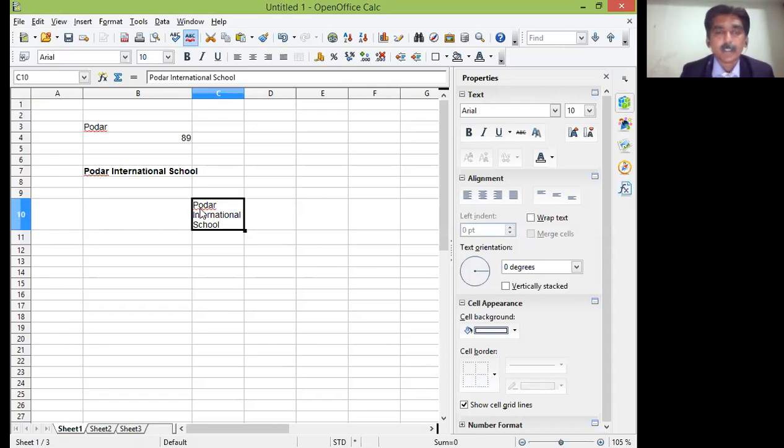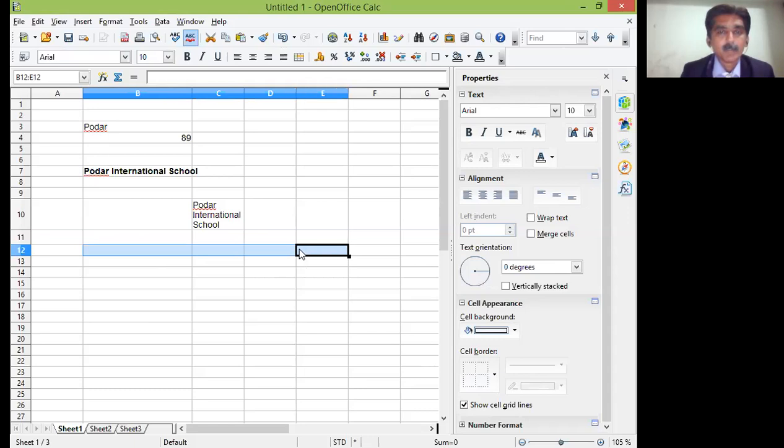Now let me show you a few more things. At present I have selected B12. See here, B12. The current selection, the cell address or cell reference, is shown in the name box. I can select a single cell or I can select multiple adjacent cells like this. I can go in a horizontal way. At present 4 adjacent cells I have selected. When I select multiple cells, more than one cell, it is called a range.